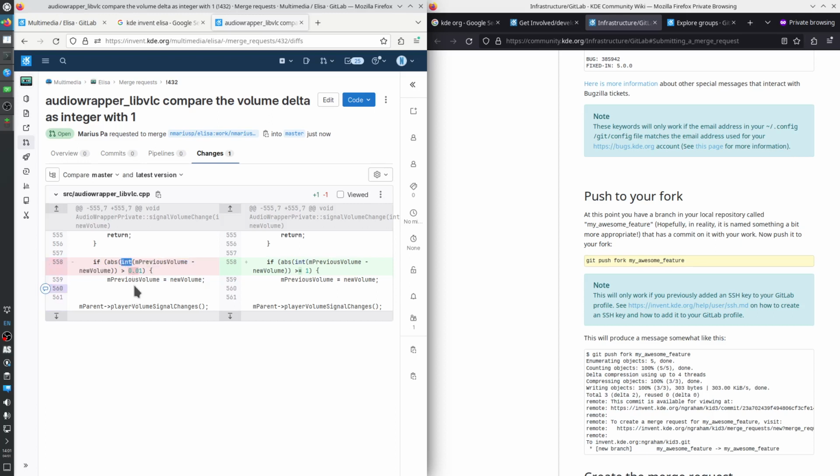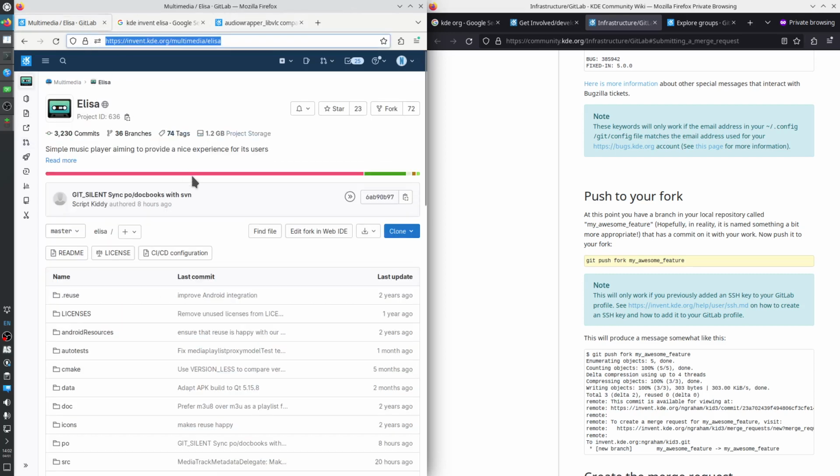Do not cast to int, do not use absolute, and in here do somehow use fabs, or probably, you know, for the floating point, and then compare that with 0.01. So probably like that. So convert this thing, keep this thing, delete this thing, replace abs with fabs, and then keep this thing. But we'll see how the people that can actually write to this KDE Git repository react to